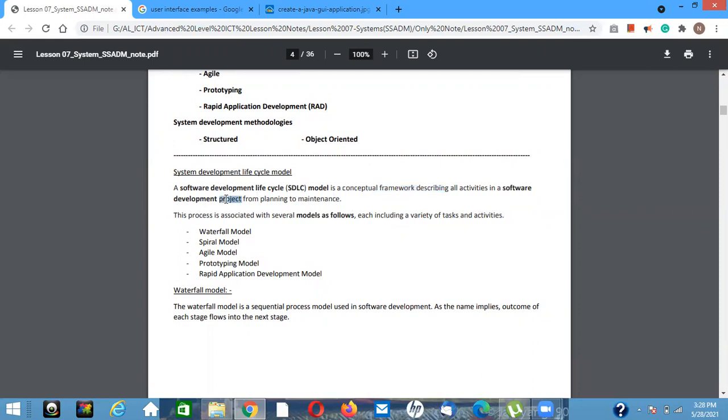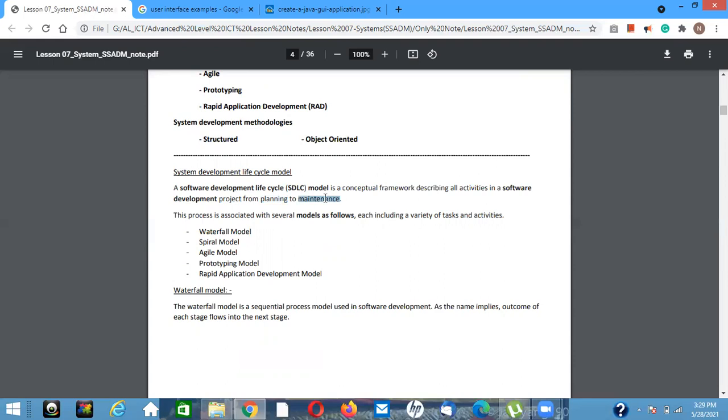It is not a physical thing, it is a conceptual, ideal thing, and it describes all the activities of the software development project from planning to maintenance. A project starts from planning and ends with maintenance.